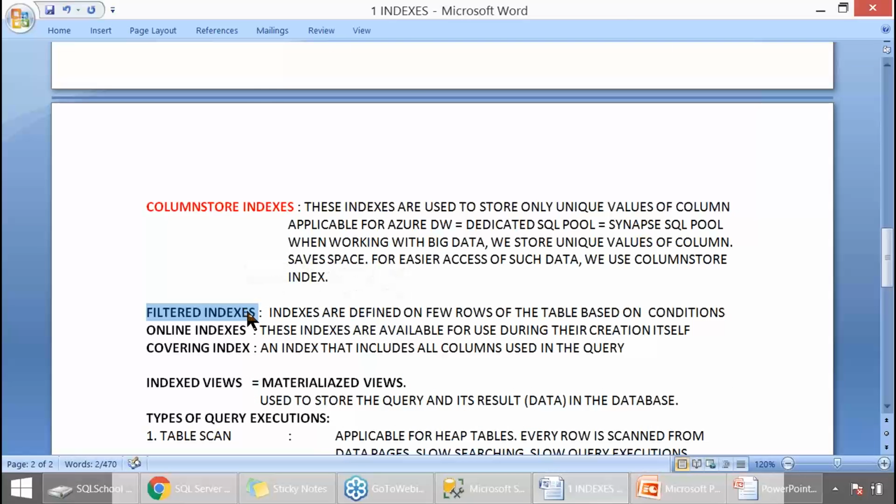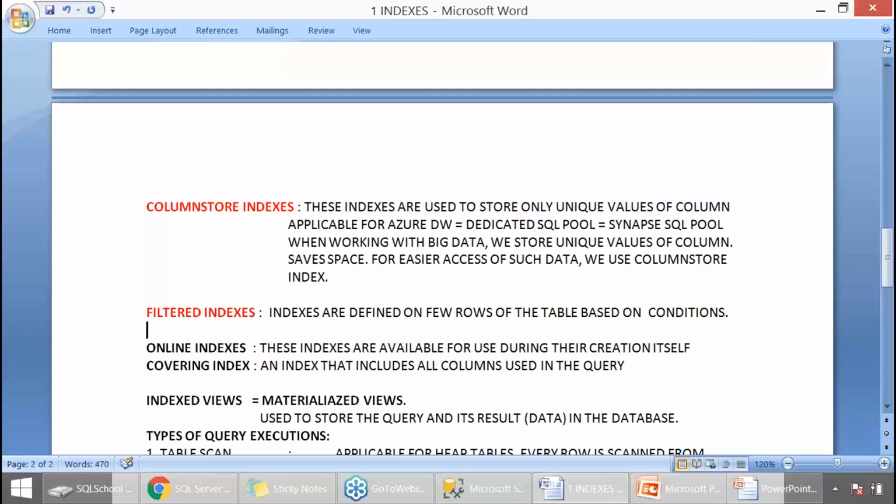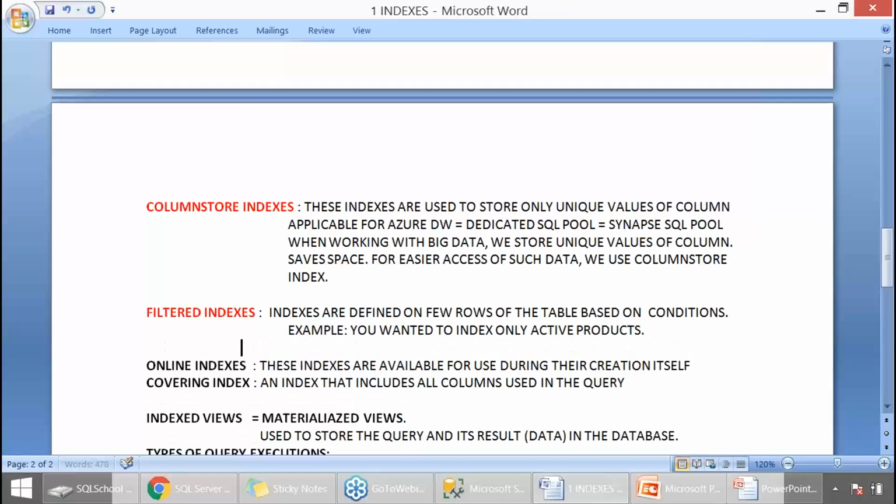Filtered index. Indexes are defined for few rows of a table based on conditions. Example, you would like to index only active products. Then what we do? Use a where condition. You don't want to index all table data.